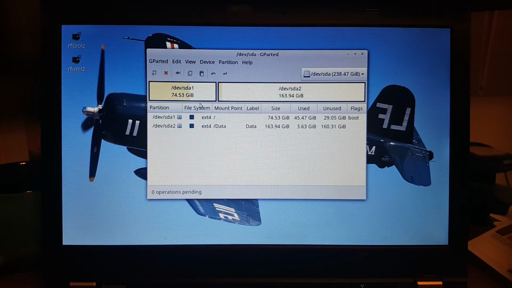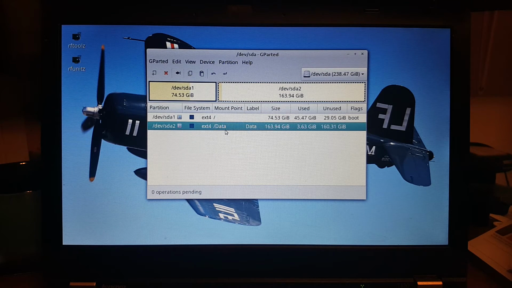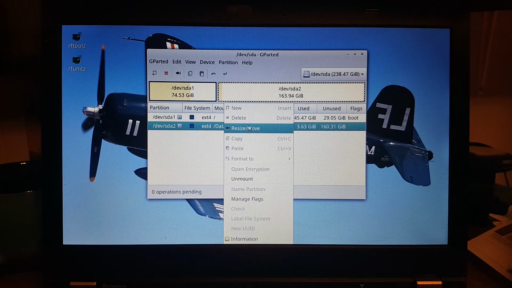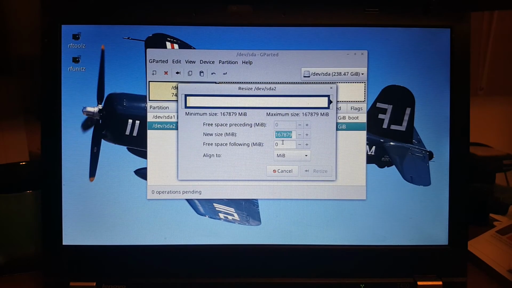So you'll see when I cloned my operating system drive, my old one, it was an 80 gig drive, and CloneZilla cloned it to an 80 gig partition, which it created by itself, and it left the rest of that drive as unallocated free space. So I created that data partition. If I wanted to resize it, I could, but I think everybody knows how to do that. You know, if you don't, just right click, choose resize, and well, I'll let you watch